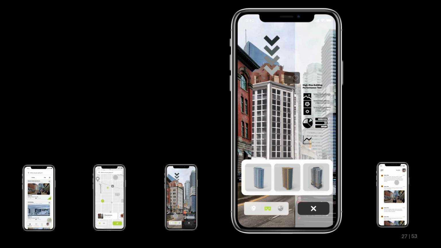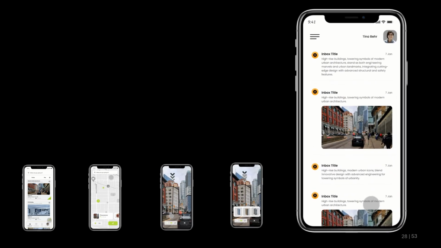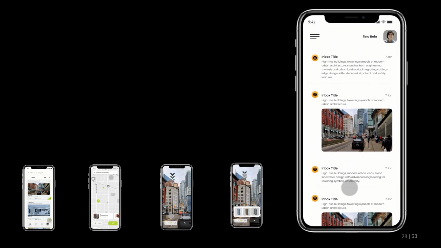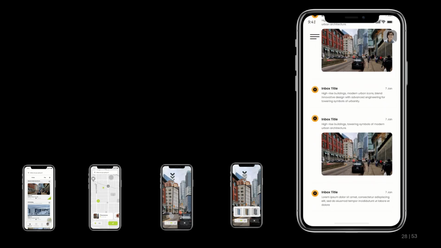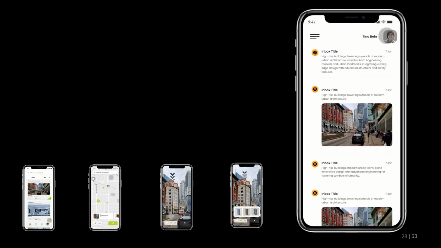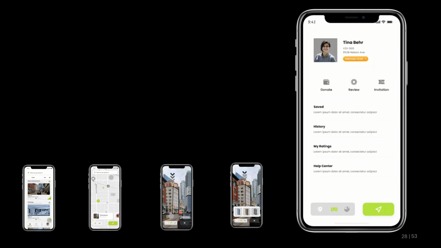It also allows users to easily switch between alternatives within the same context. And at the end, it offers a social media-like platform where users can actively participate by giving feedback and engaging in discussions. They can comment, upload pictures, and add annotations directly within the application.